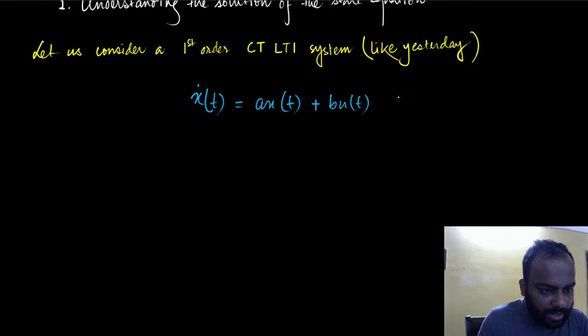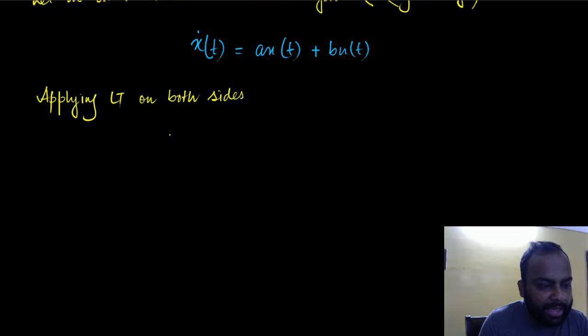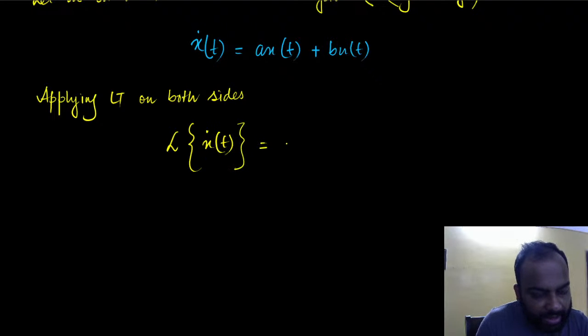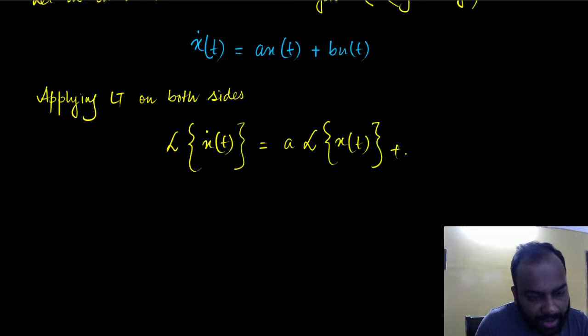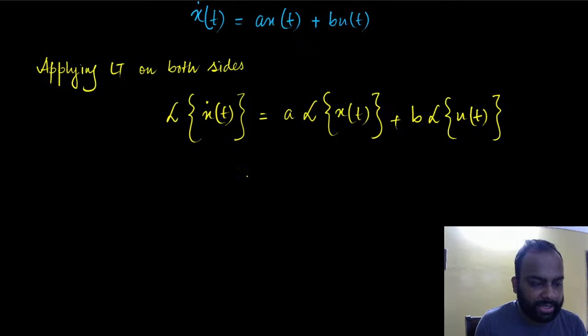So on this equation, let us apply Laplace transform on both sides. We would essentially have Laplace transform of x dot t equal to a times Laplace transform of x t plus b times Laplace transform of u t, because we are already assuming that a and b are constants, and of course Laplace transform is a linear operation, so